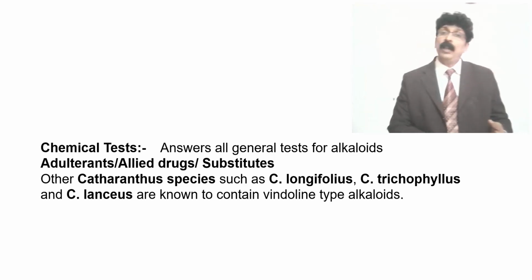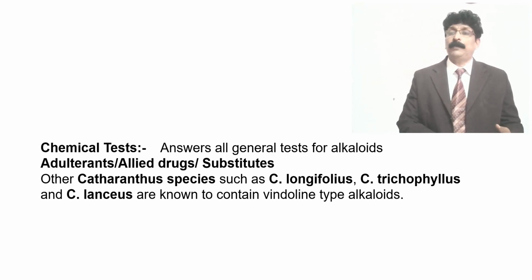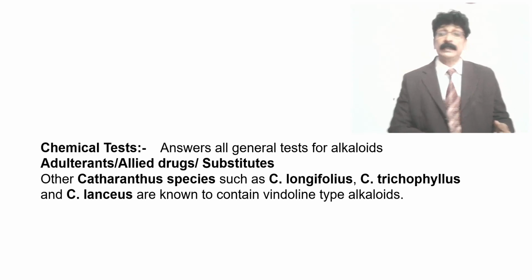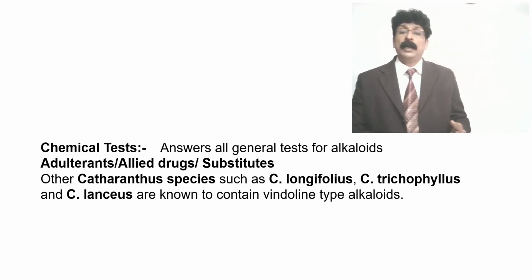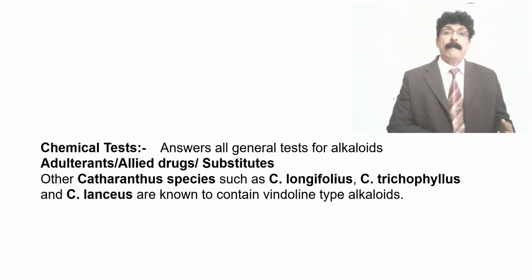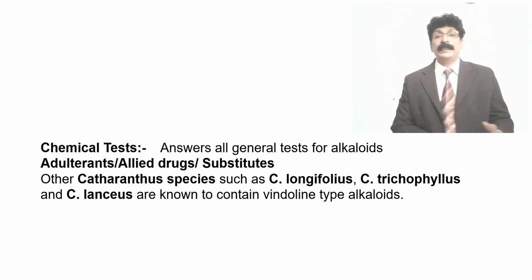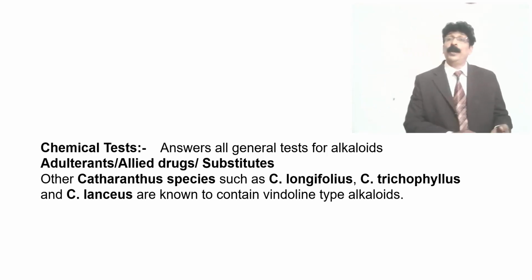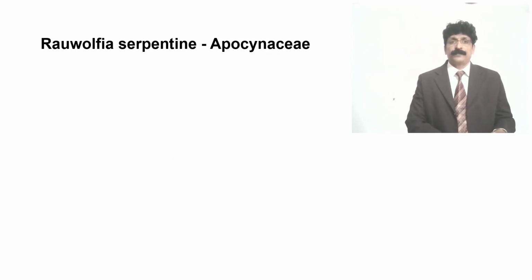Answer all general tests for alkaloids that you know, such as Dragendorff's, Mayer's, Hager's, and Wagner's picric acid test. These are all tests they will answer. Adulterants and allied substituents of Catharanthus species, such as Catharanthus longifolius, Catharanthus trichophyllus, and Catharanthus lanceus, are known to contain vindoline type alkaloids. Now we are coming to Rauwolfia serpentina,